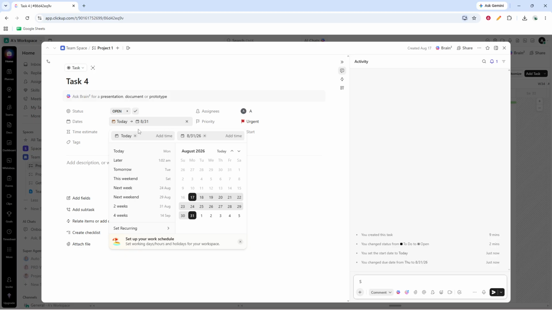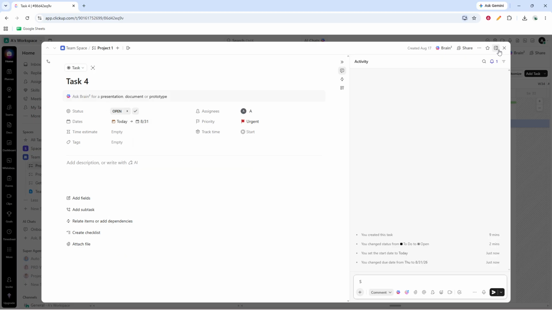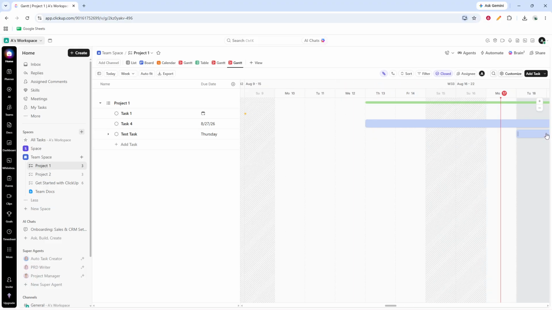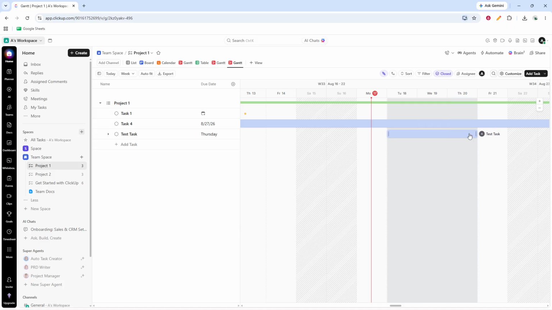To change a task's schedule, simply drag the taskbar to a different date on the timeline. This moves the task while keeping its duration intact. If you need to change the length of the task instead, drag either end of the taskbar. This lets you adjust the start date or due date directly from the chart, which can be much faster than